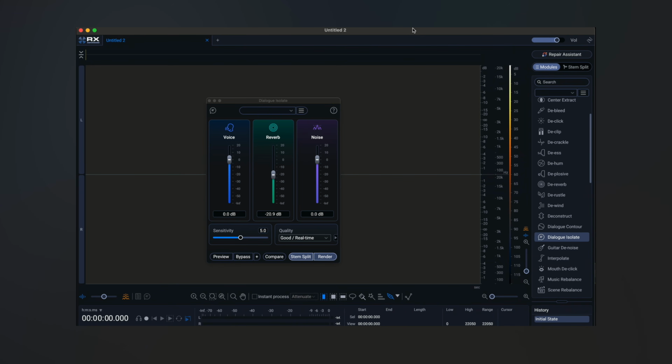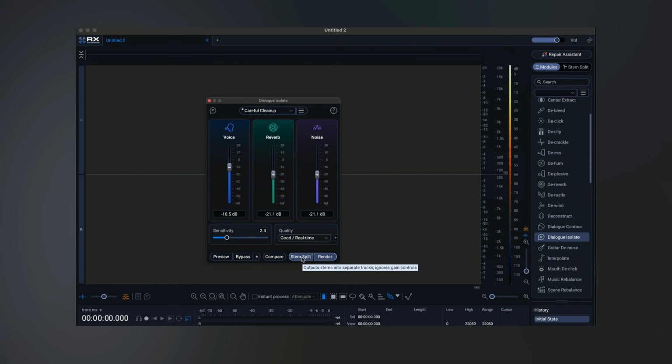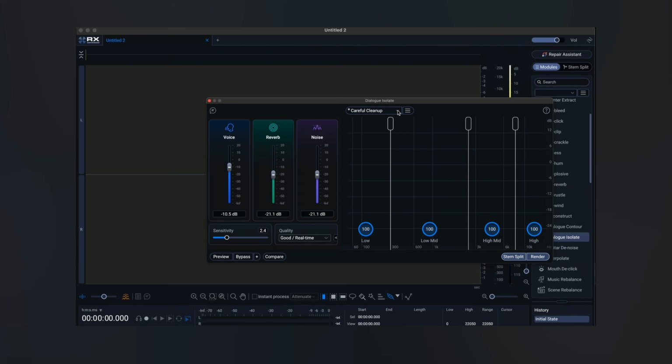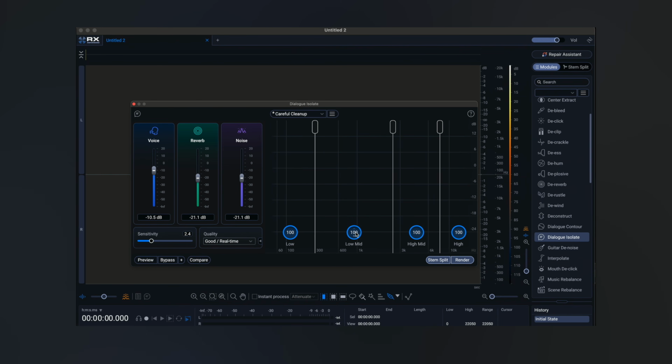So in RX12, we see an improvement for Dialogue Isolate. That means you can bring back the clarity to messy recordings with enhanced Dialogue Isolate. It's powered by cutting-edge neural processing and delivers more accurate results, whether you're working in real time or offline. From TV and film, to podcasts, to the vocals in your music, it helps pull clean audio out of noisy, reverb-heavy recordings. So no matter how buried the voice is, Dialogue Isolate helps you cut through so every